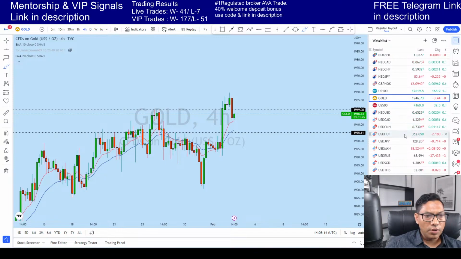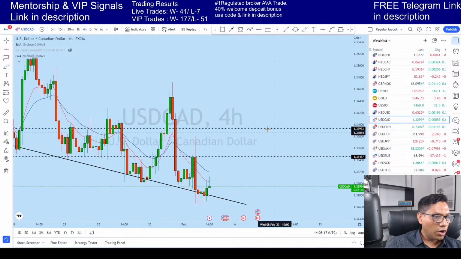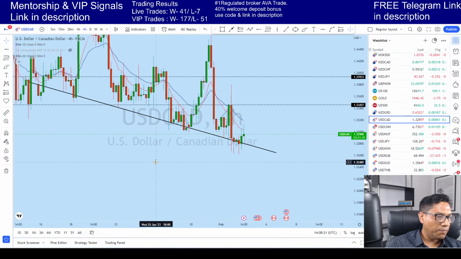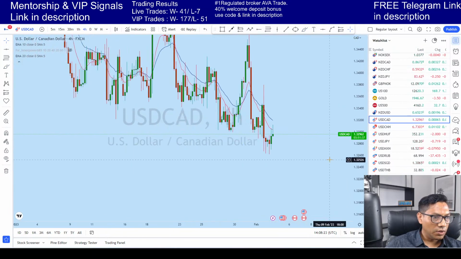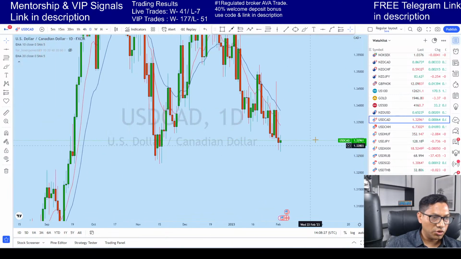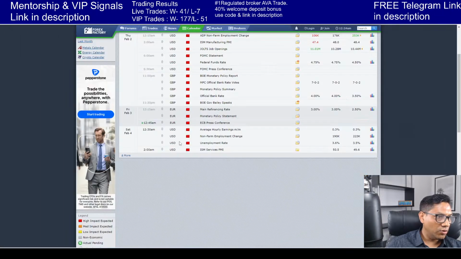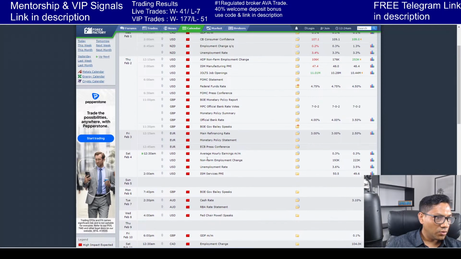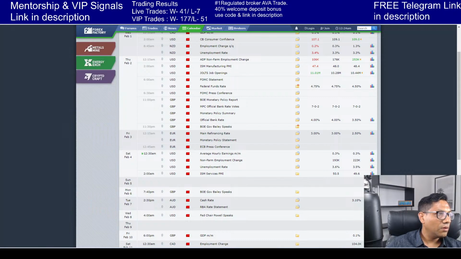Okay guys, so dollar CAD. As DXY is going up, dollar CAD is going in the same way. Let's look at the daily. Dollar CAD is very important in terms of NFP, as you know that during the NFP, dollar CAD is always very important. So this time we see there isn't any CAD news coming up, but still